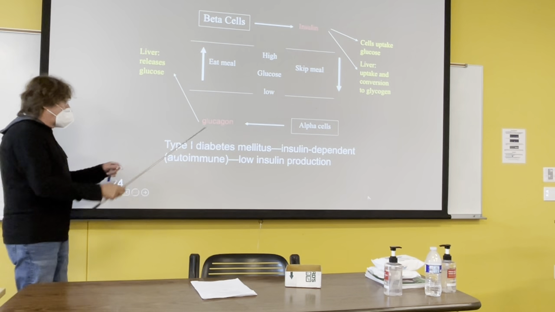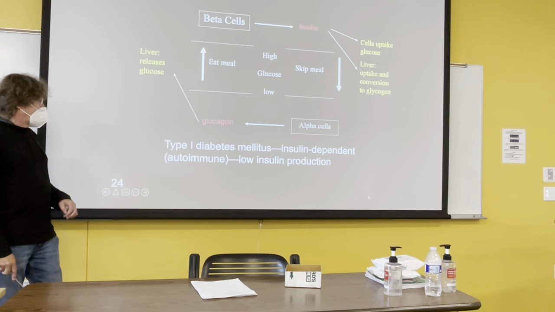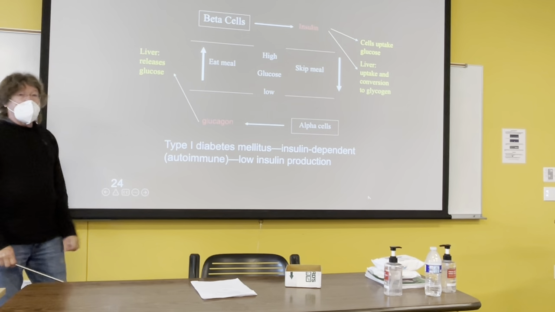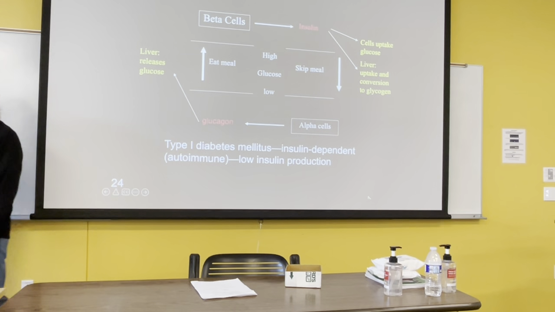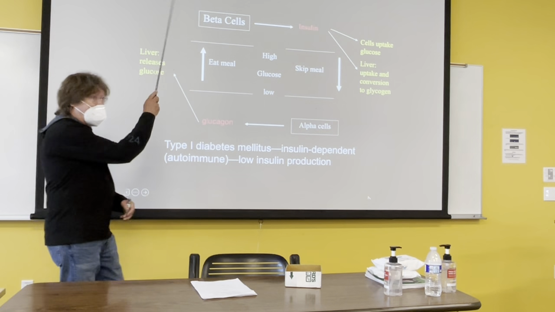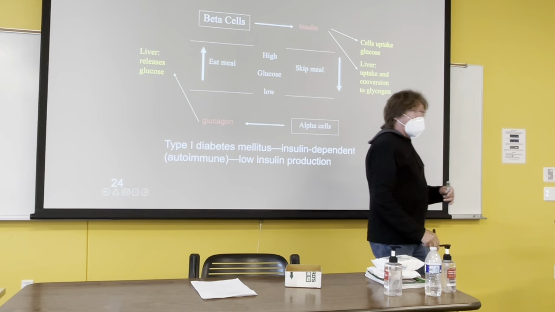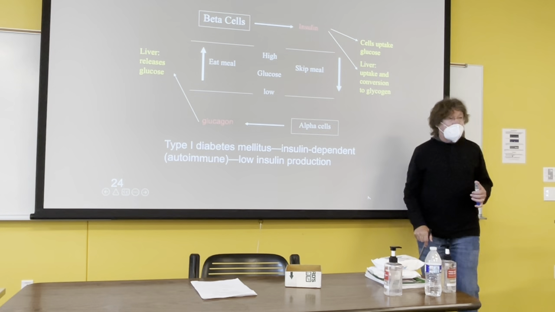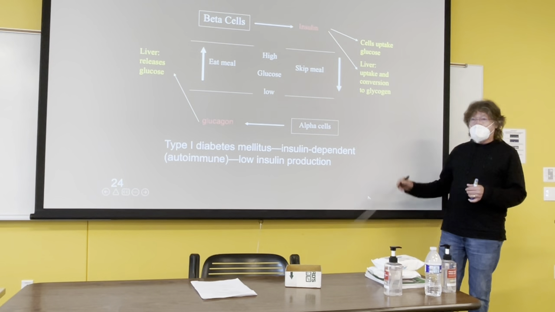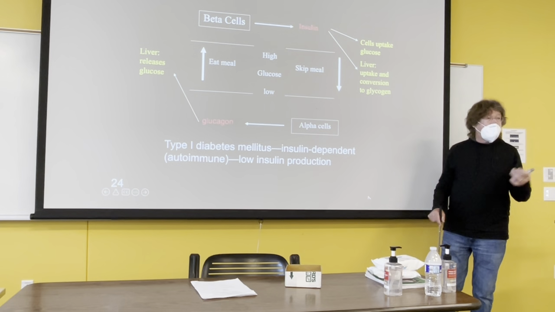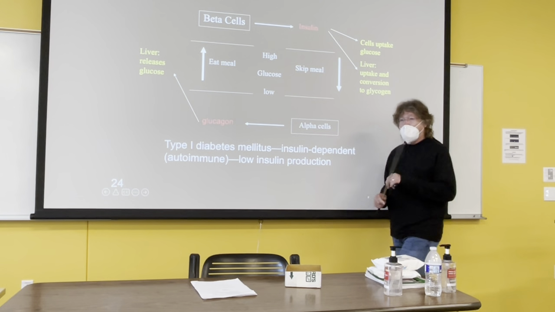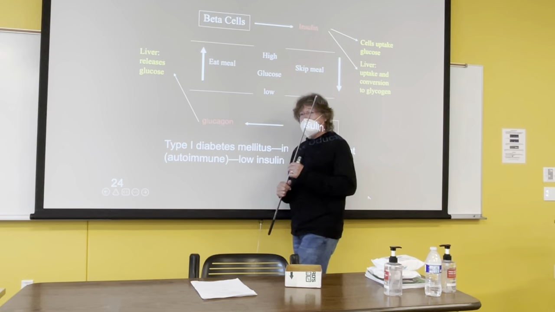One is insulin dependent, called type 1 diabetes. This is due to an autoimmune disease, we believe, most of the time. Immune cells in the body start attacking and destroying the beta cells. Your own body is destroying the beta cells, and as a consequence, you don't produce insulin, and as a result, glucose is not taken up and stays at a very high level. That creates a lot of problems with circulation, and it damages the kidneys.